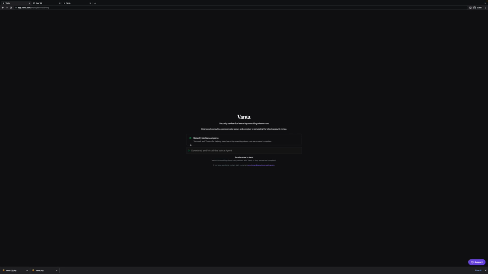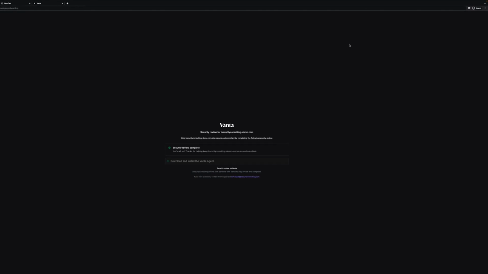You will see a green check mark next to the download and install the Vanta agent task. The agent is now installed and you can continue to finish the remaining tasks. If this was your last task to complete, you will see a green check mark next to Security Review Complete